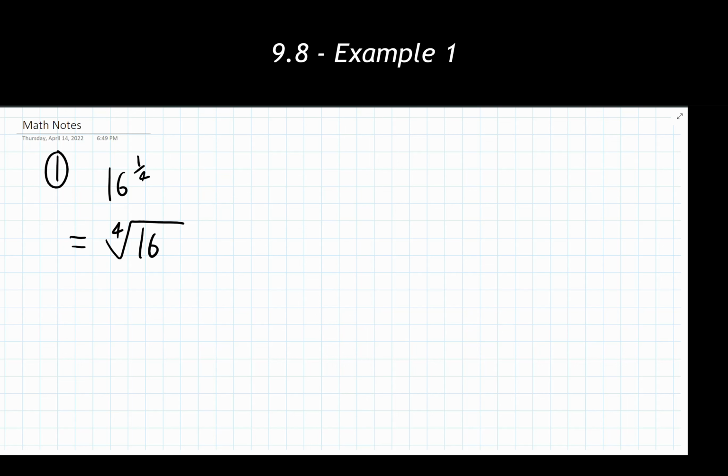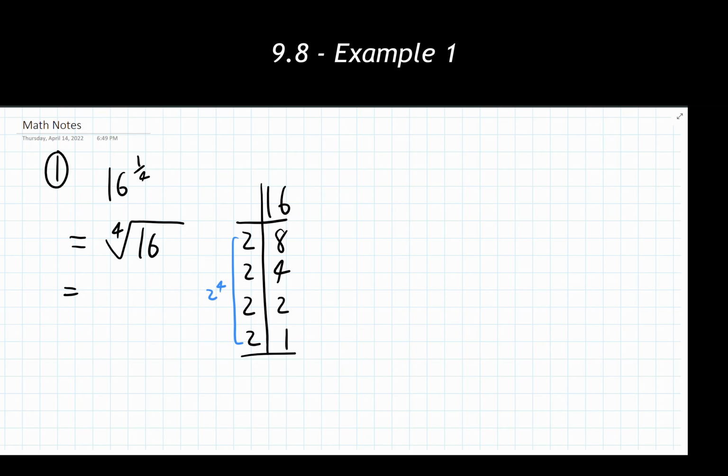Okay? Pretty easy to take care of. The numerator in that fraction is done. We're good to go there. So now I'm trying to find if there is a perfect fourth that creates 16. If necessary, as we've done with our previous problems with this, you can use the prime factorization using our table method that we have here or any other method that you'd like to find that. I'm noticing that I have 2 to the 4th power, so that 16 is the equivalent of saying 2 to the 4th power. So the 4th root of 2 to the 4th power is just going to be 2.